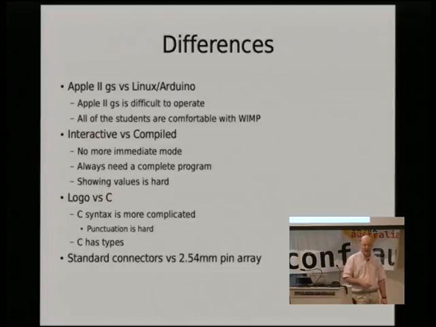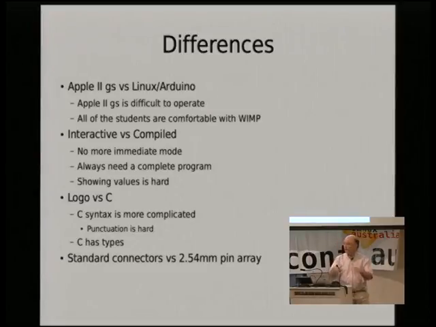When we moved to the compiled environment, there is no immediate mode. You always need to have a complete program, right? You can't just have a little program fragment. There's no way you can say, oh, I'm going to write this little function and call it from the... what? Yeah. The other big problem is that